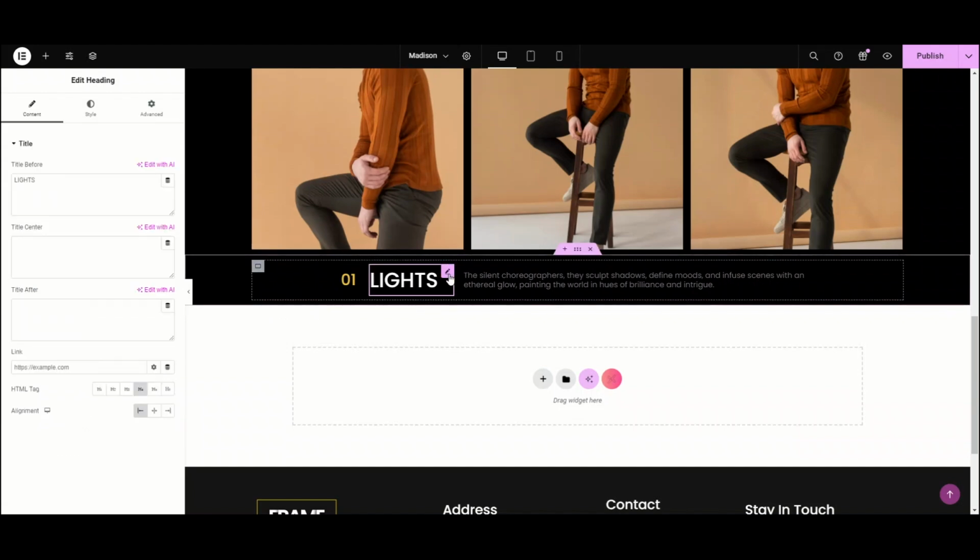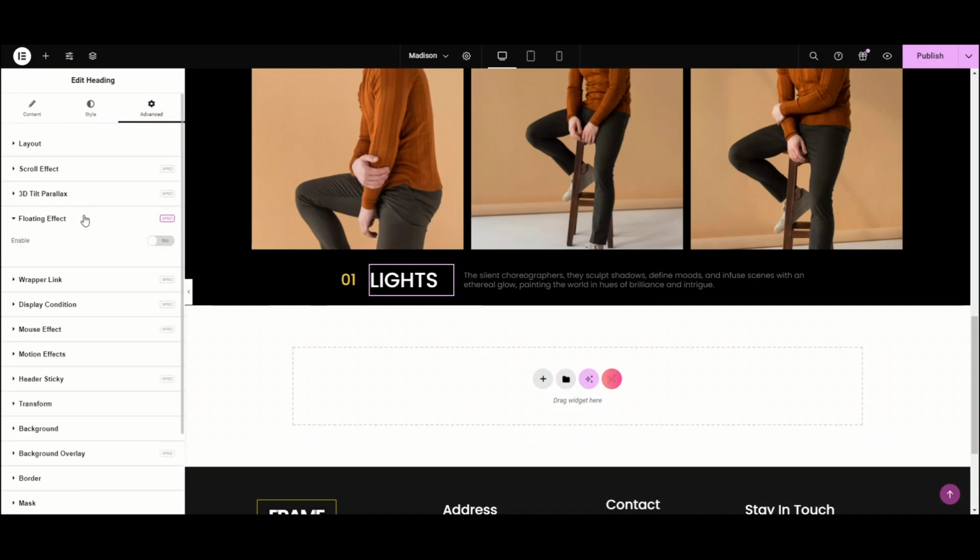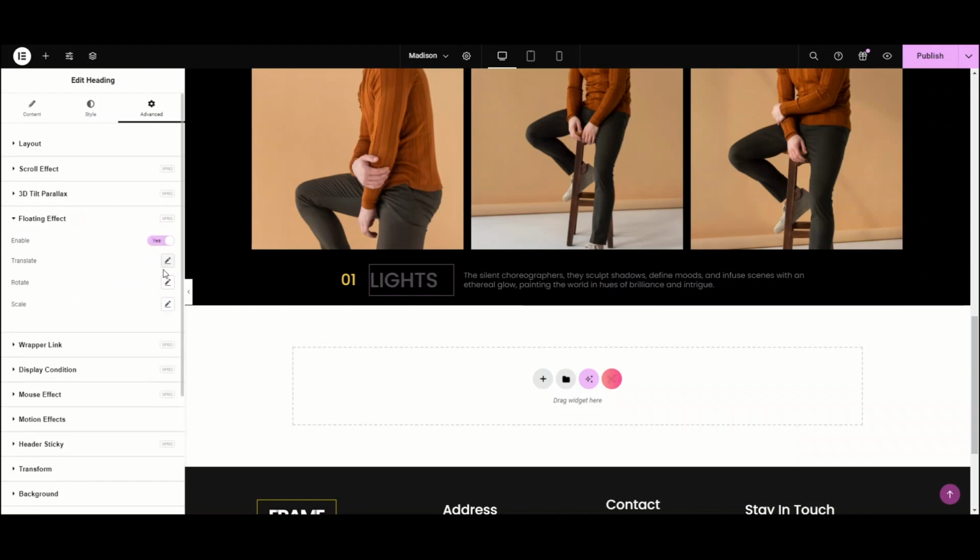Now click on the lights, second heading widget. We are also going to add some floating effects to make it look engaging and captivating. So go to the advanced tab, go to the floating effects section, enable the floating effects. From here, we will add the scale effect.